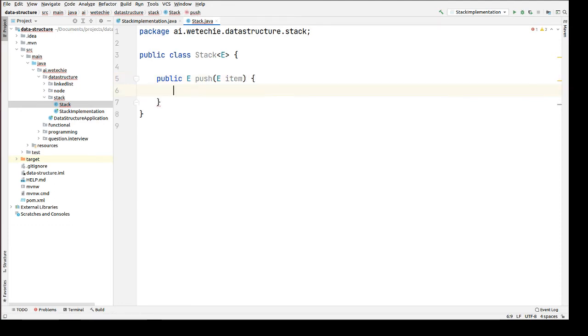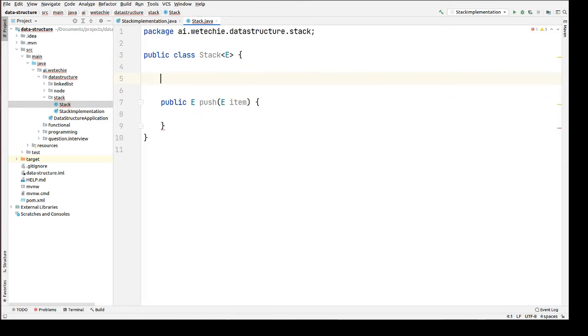Item. And the next thing is we have to create a stack, and that stack will be of object type, object stack. And one more thing, as we discussed, is that we will have another variable called top, which will be pointing to the top element of stack. All right.